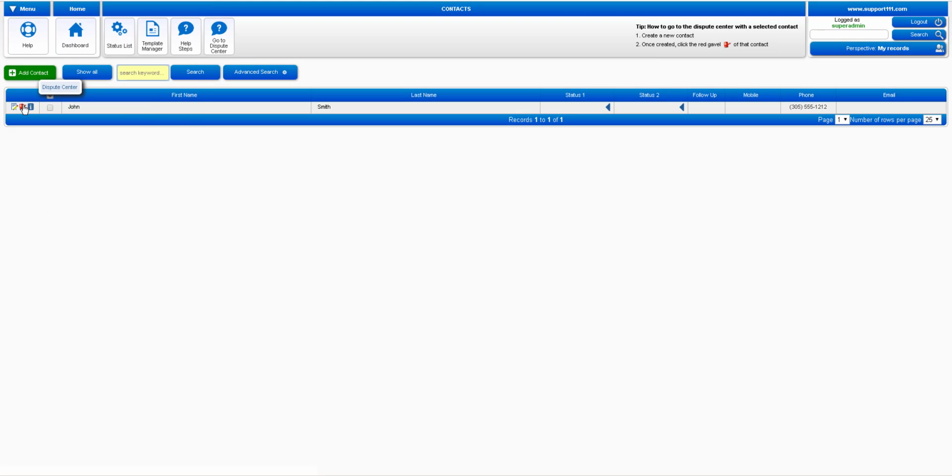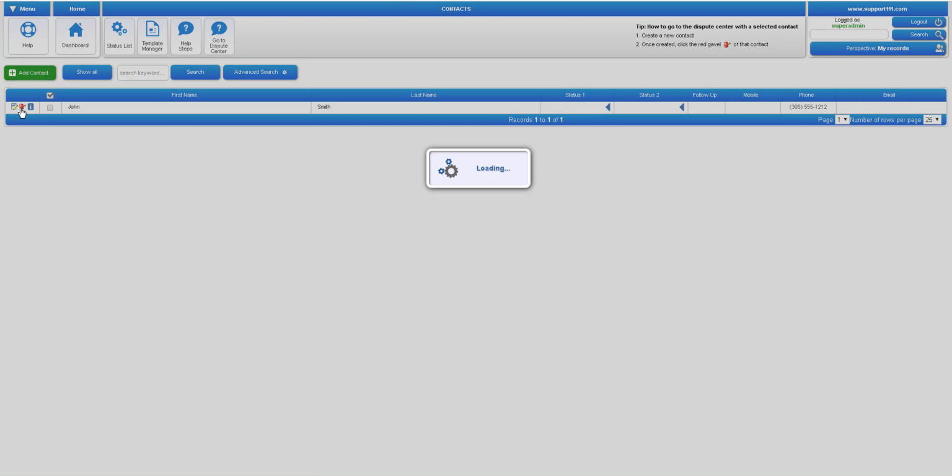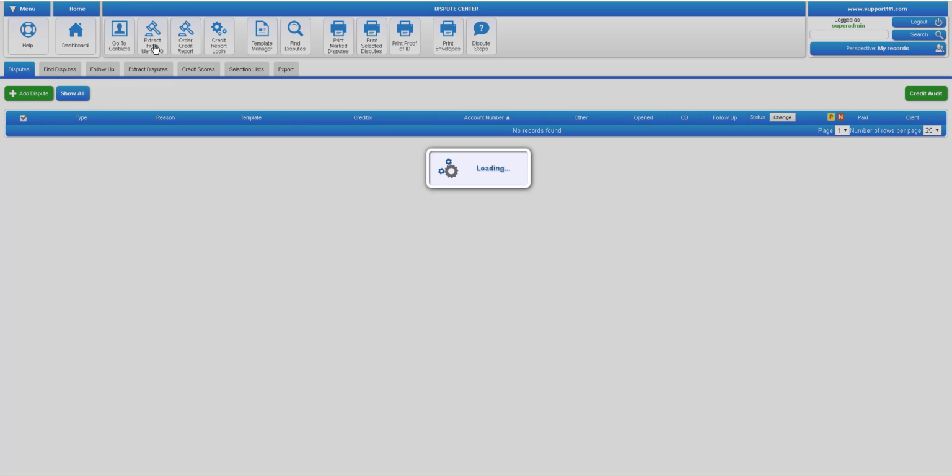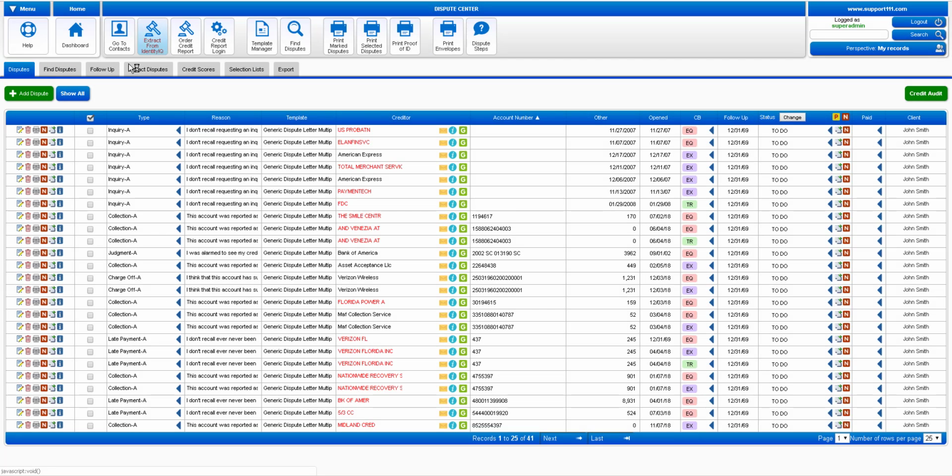So your next step will be to go to the next button. We were here, and next button to the dispute area, and then you simply click this button, and in a few seconds we're gonna have all the information. That's it. It sounds incredible. It's just one click, and here you can see that the program has extracted, in fact, 41 derogatories, and the